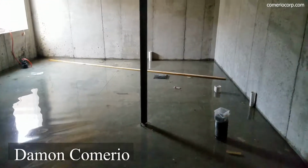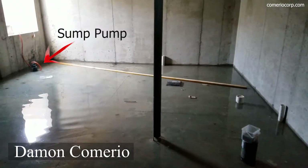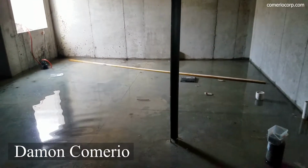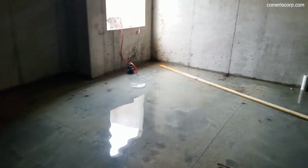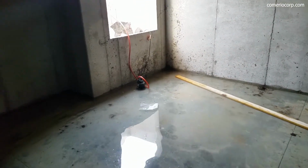Well, check it out, guys. This is what happens when you don't have a sump pump in a house you're building. There's no electricity, so there's really no way to have a sump pump unless you plugged it in the temporary pole. But came down here and found about 4 inches of water in the basement,